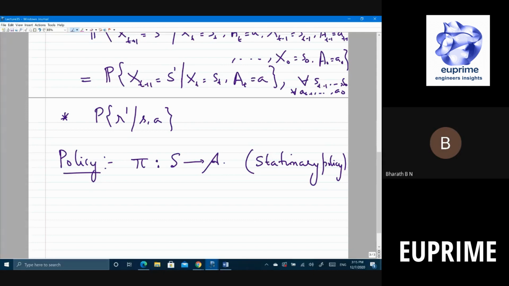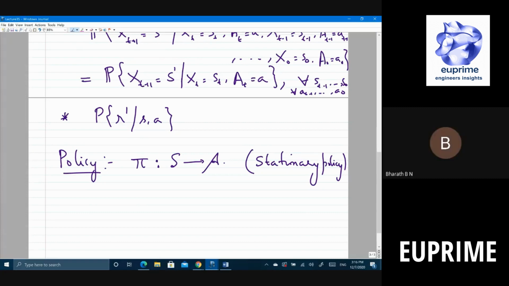Is this fine? So in other words, even before starting the game or the entire problem, given the transition probabilities, etc., you can figure out what this map should be, and you just keep on employing it. So this is called a stationary policy. In fact, this is almost a deterministic policy. If you want to look at a random policy, then this policy pi maps the state to a set of probability distributions on actions. Anyway, let's not worry about that here.